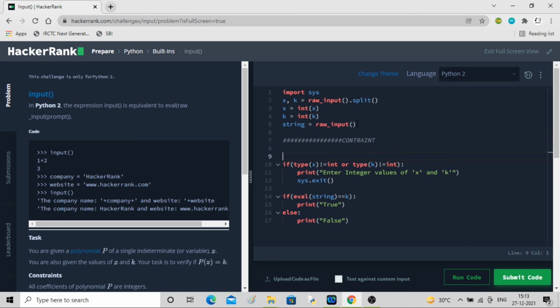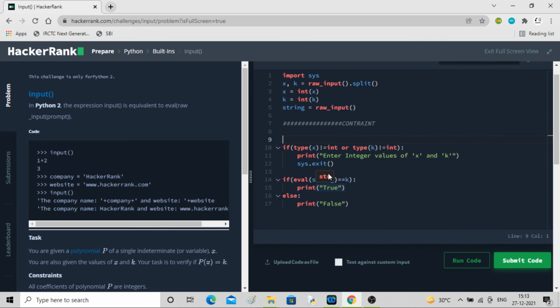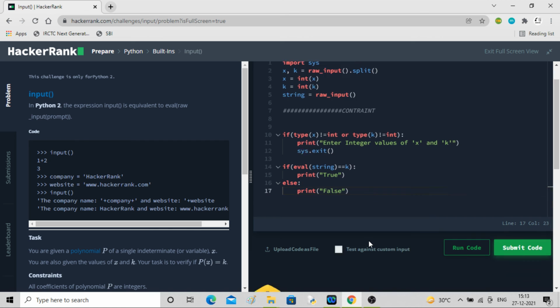Hopefully you have seen the application of eval here. Whatever string you provide from raw input, it already knows the value of x, so it puts the value of x in the expression and evaluates it, and you get a result, here 4. If it is equal to k then print true, else print false. Okay, let's go to the next one.